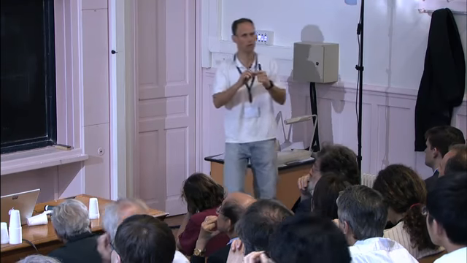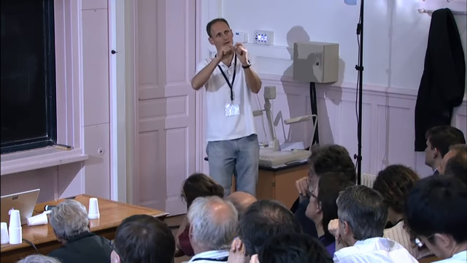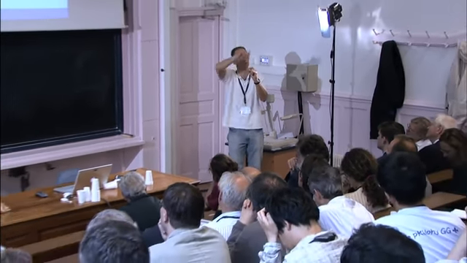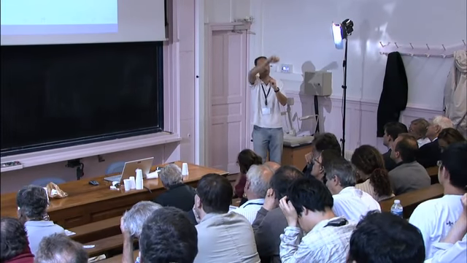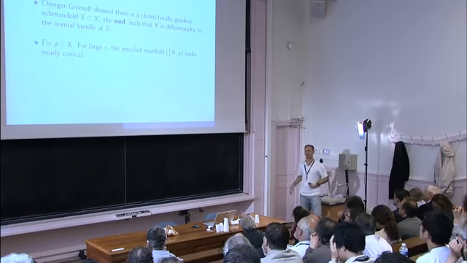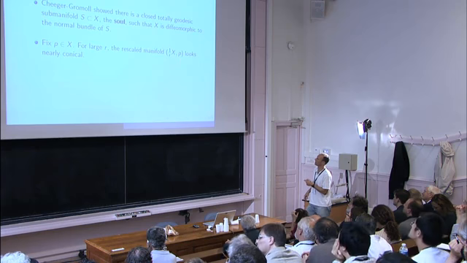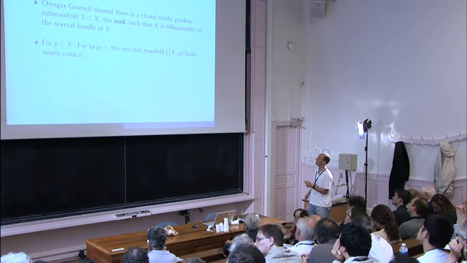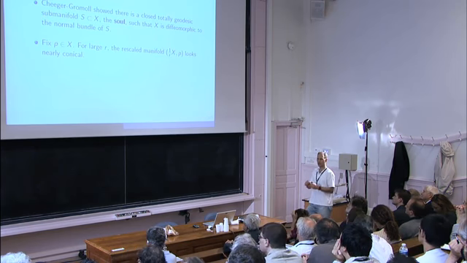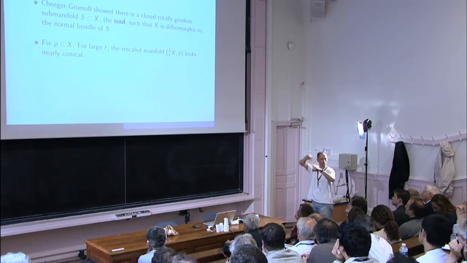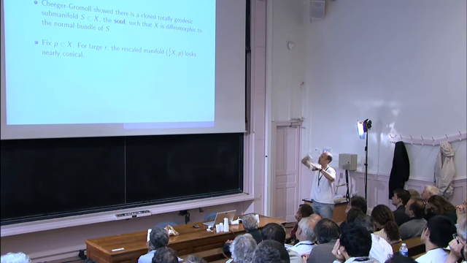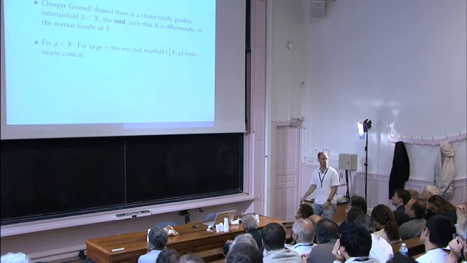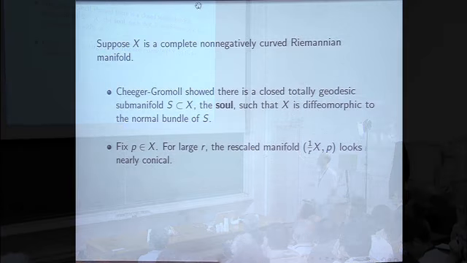Well, in a metric cone, you have a vertex, and the space is a union of rays leaving the vertex. So saying this is nearly conical means that for large R, if you look at the unit ball in this space, every point will lie close to a ray emanating from the base point P. Okay? So as a consequence of this conicality,